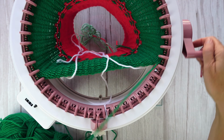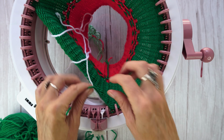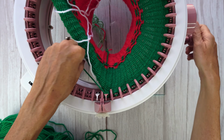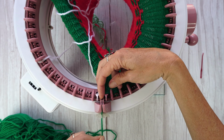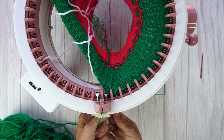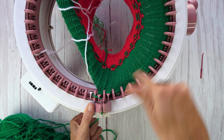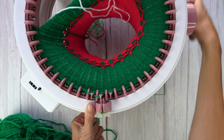Okay, so we are going to come back here to the beginning where your yarn is, the working yarn is, and then put it back again underneath that lip and inside the yarn guide. Okay, if you are using the tension, just put it inside the tension holder. I use my fingers, and then I'm going to work 4 rows this way. Okay, so 1,